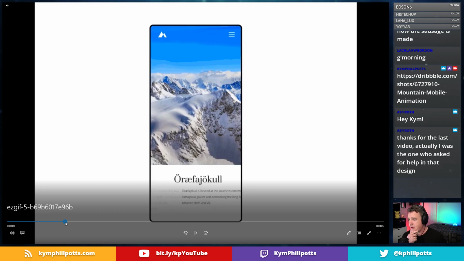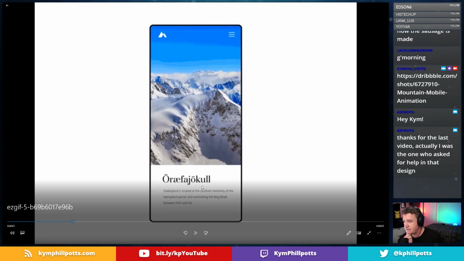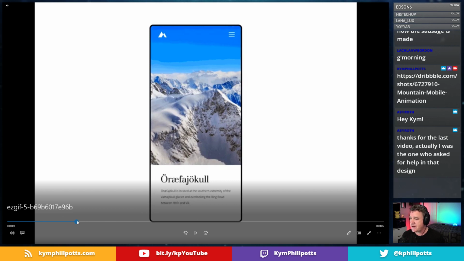Now let's have a look at the bottom section here as well, as it basically navigates between the text. So what happens is the text for the particular location is here. When it transitions,